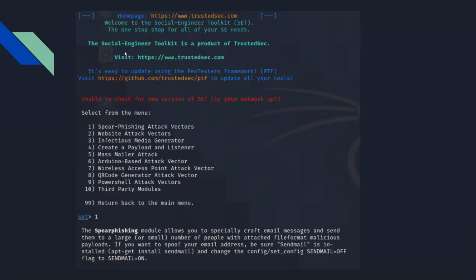So as you can see here, this is part of the screen up here. You can see the social engineering toolkit. The reason it says unable to check is because I was using this on an isolated network just to make sure that my host machine was protected. So the way I have it set up, these machines are isolated from the internet. They can't access it. But as you can see, there's also all kinds of different methods of attack you can use